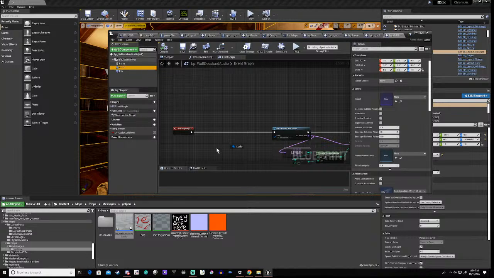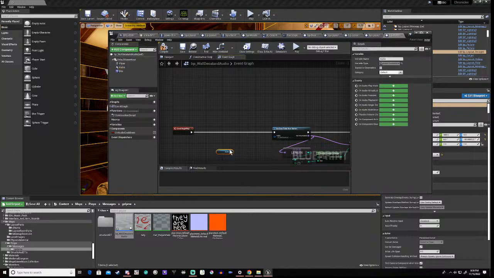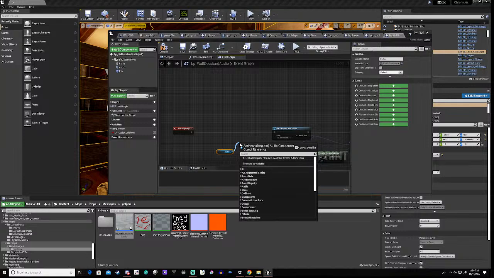So we grab this, then we say volume multiplier,